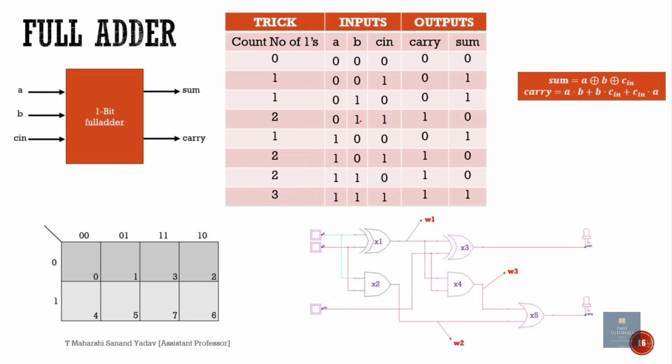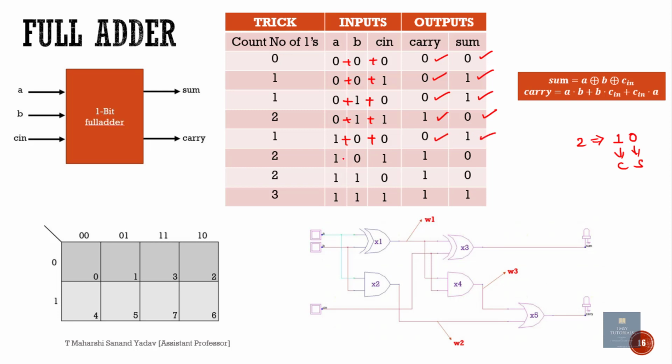Now let us perform the addition of these 3 different bits. 0 plus 0 plus 0 will give sum 0 and carry 0. Next 0 plus 0 plus 1 will give sum 1 carry 0. Next 0 plus 1 plus 0 is sum 1 carry 0. Next 0 plus 1 plus 1, which is 2. 2 in binary is 1, 0. So this 1 is called carry, this 0 is sum. Next 1 plus 0 plus 0, which is sum 1